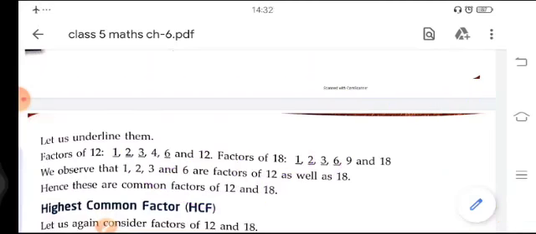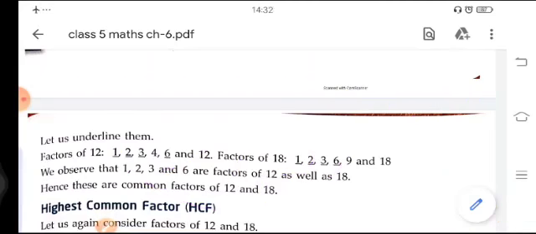Like 2, here is 2 and here is also a 2. So 2 is common. Next we check again, and another 2 is also common. But next are the other 3 and 11. Then we can see that 3 is also in 132 and 96. It means that 3 is also a common factor.